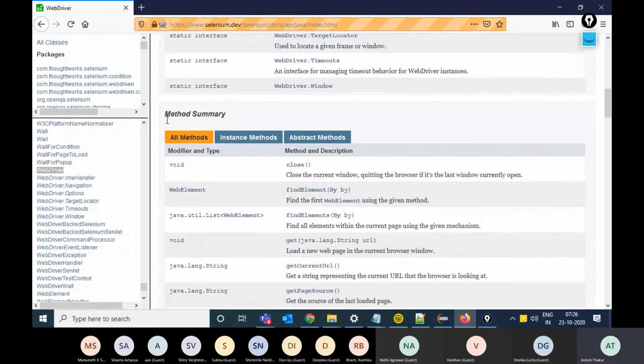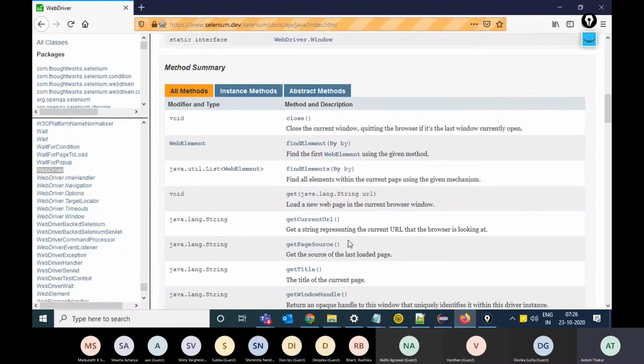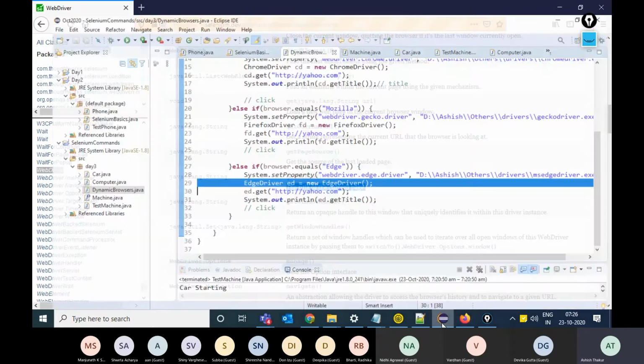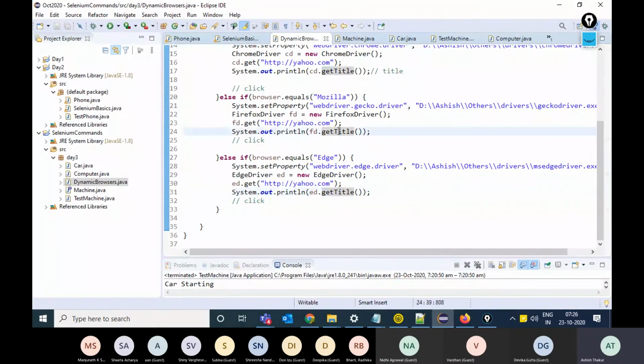So all the driver classes will have the same set of functions. For example, the getTitle function, we saw this. This will get the title of the current web page, and we have used the getTitle function everywhere: ChromeDriver.getTitle, FirefoxDriver.getTitle, EdgeDriver.getTitle.